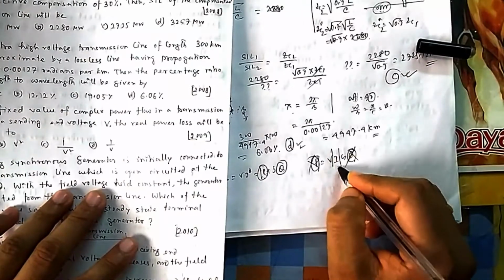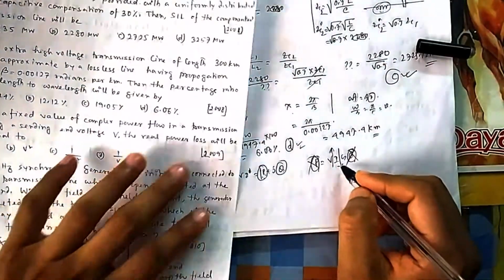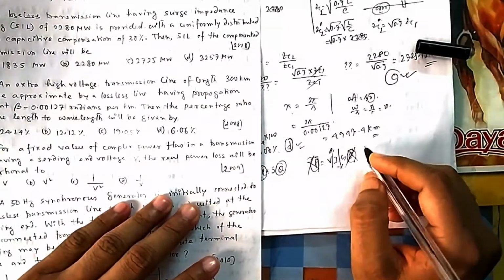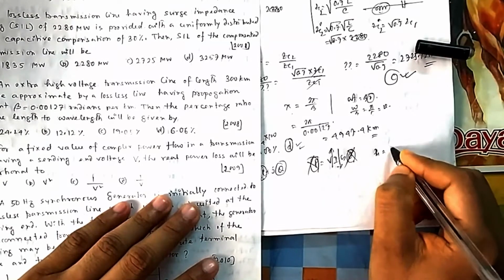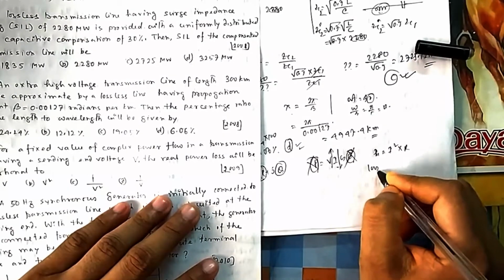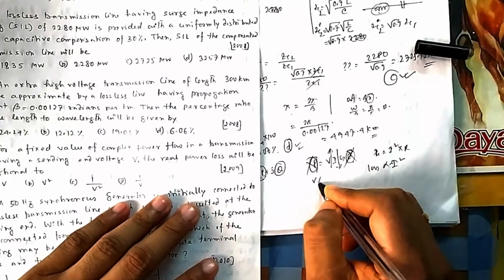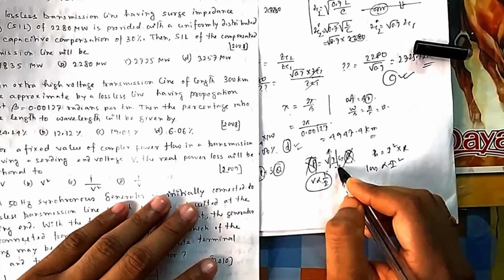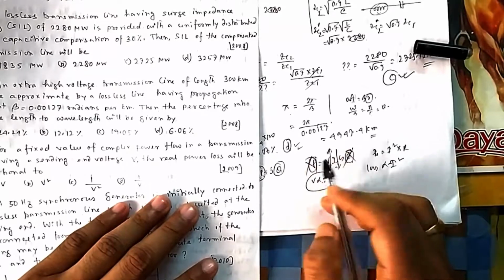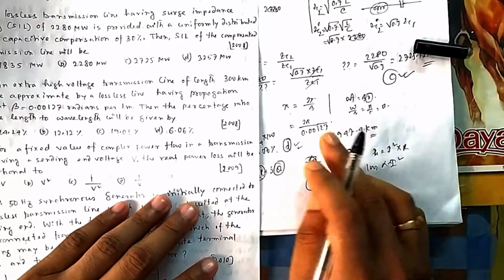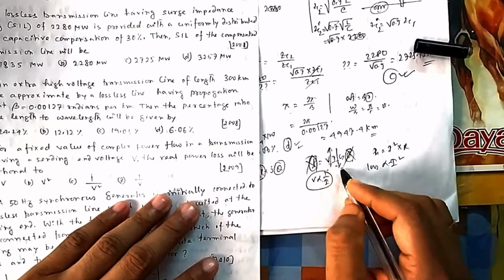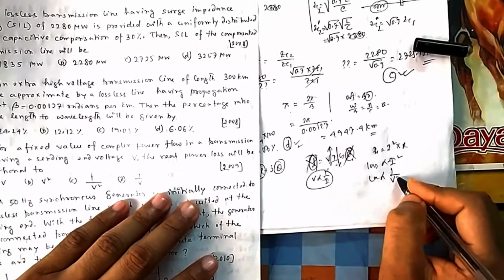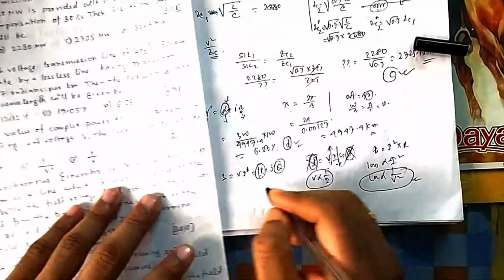If you change your V, your I will automatically decrease. If you increase your V, then I will decrease. So V and I will be inversely proportional here. And your line loss is always I square R loss. So loss is always proportional to I square, and V and I are inversely proportional here. Because ultimately these two are fixed, if one has to be increased, then the other has to decrease. So that means I is proportional to 1 by V, and loss will be proportional to 1 by V square. That is your option C.